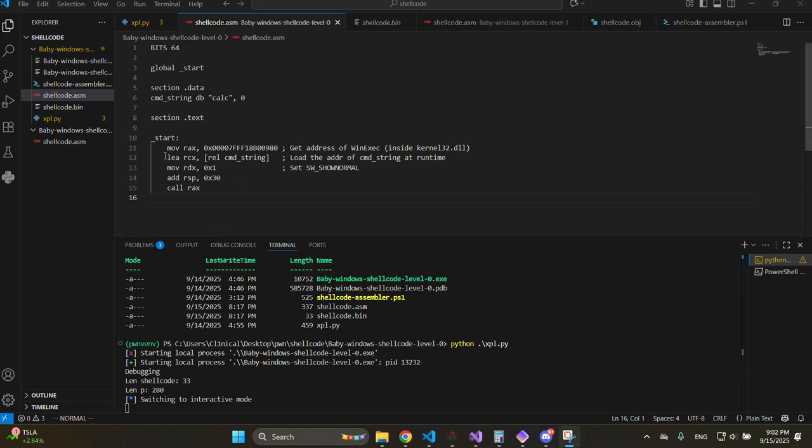But yeah, this right here is going to save a lot of headaches, because you can just load the address directly from this string that you already provided in the binary, and that is really going to save a lot of time. So in order to compile this or assemble this, what we're going to do is,